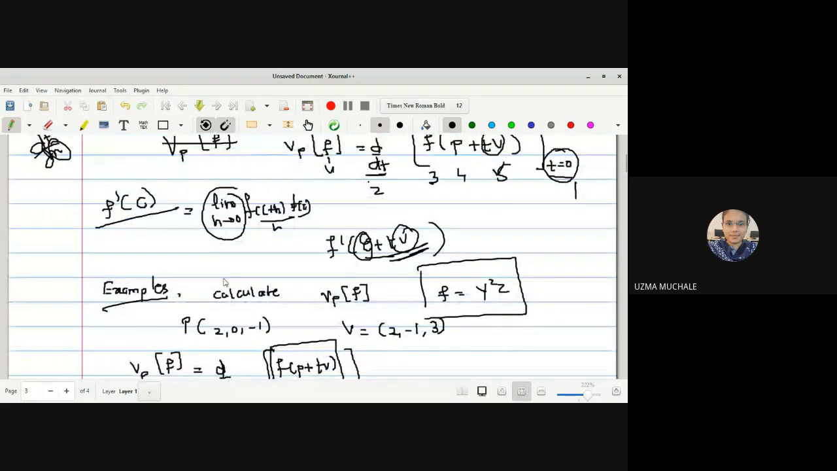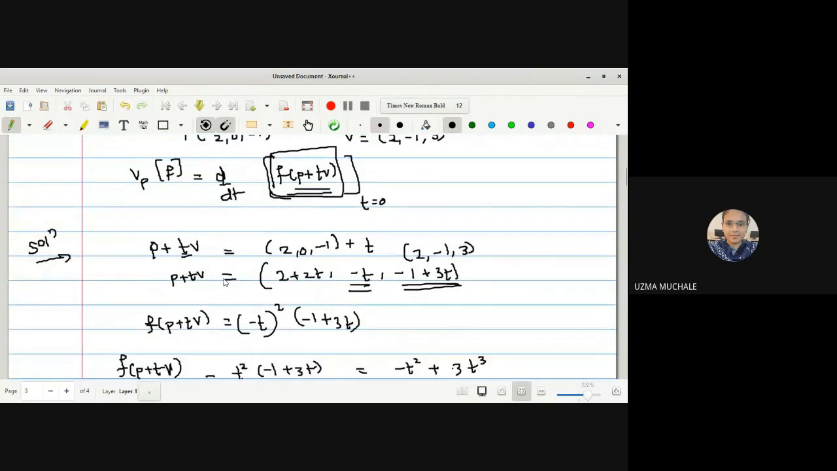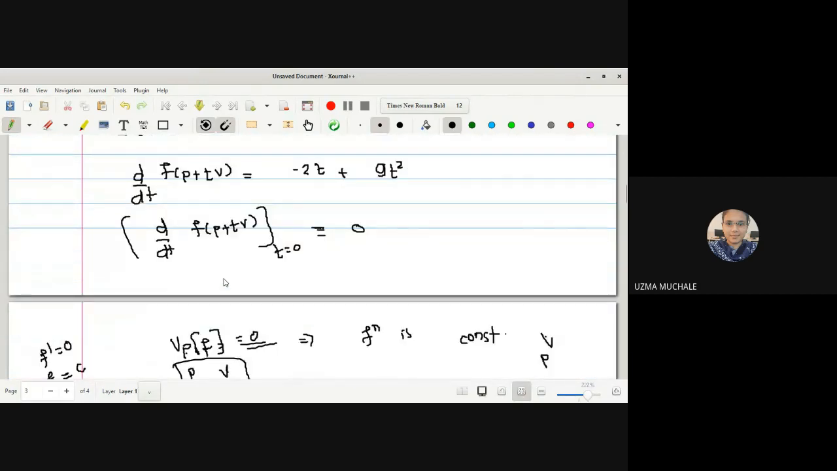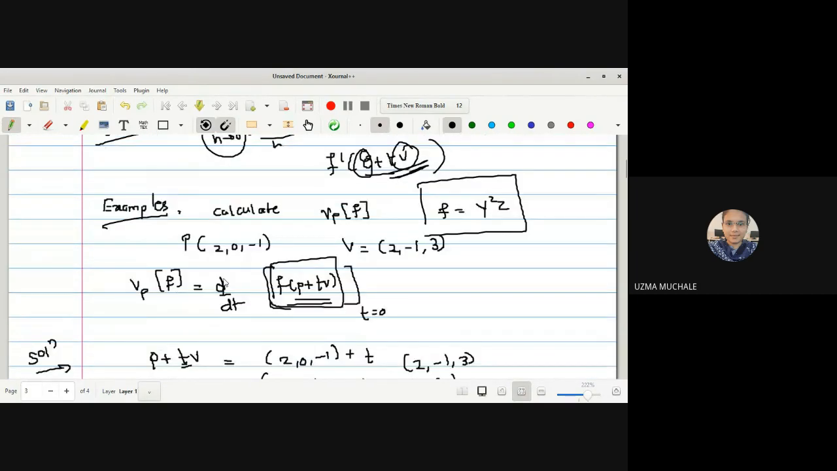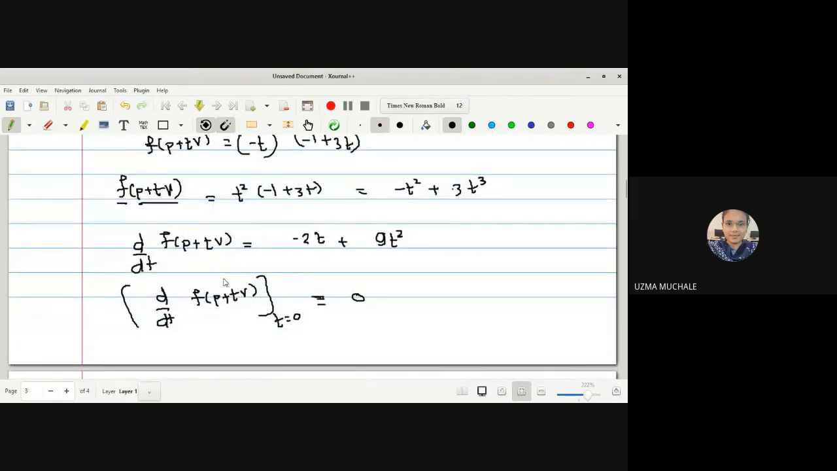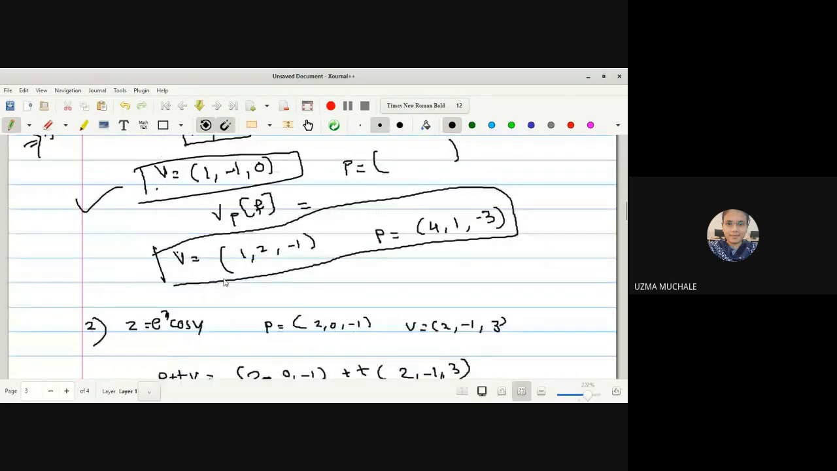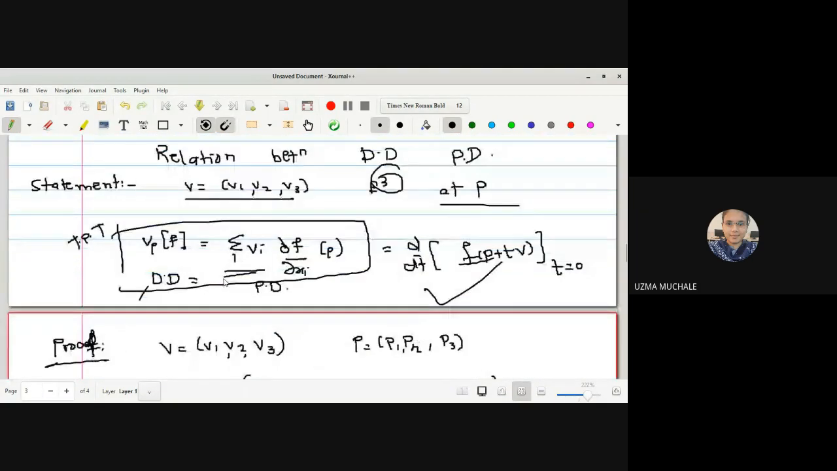Up to now we were writing this as f dash of c, but now it is with v. That v vector ensures that we are finding it in an arbitrary direction. And we have gone through the example. What we have to do for the example: first find p plus tv, then find f of p plus tv, then find the rate of change, and put t equal to 0. In a very similar way, we have now seen the relation between the directional derivative and the